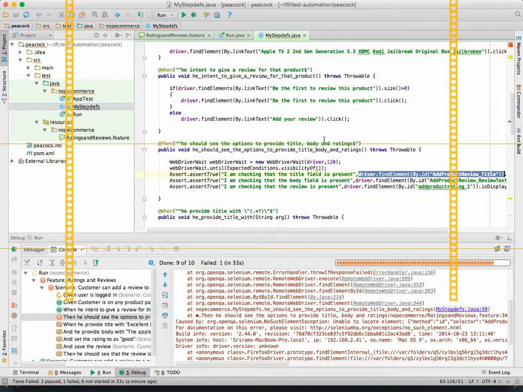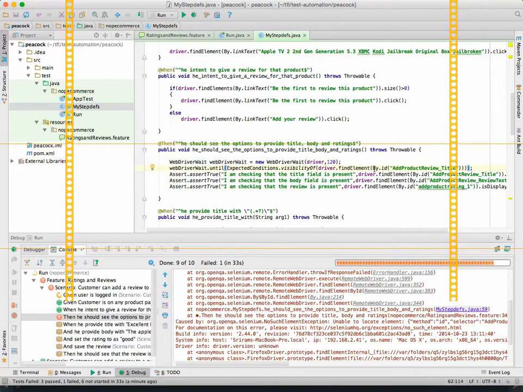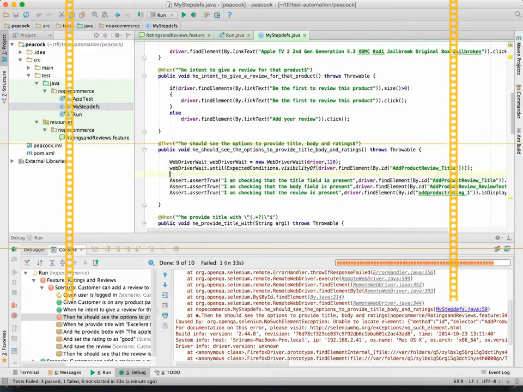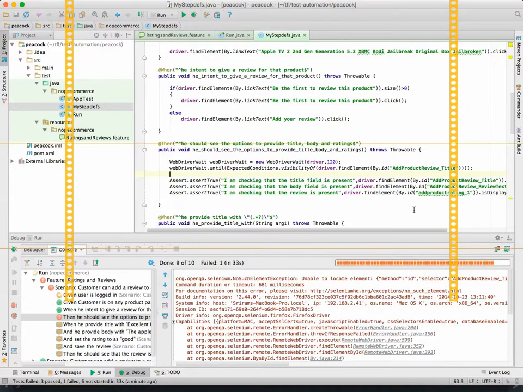Okay, so this is one of the explicit waits that we are using. Just see, this is the case. What is happening is the page is loading, but this element is hidden at that point. So we need to wait for some time, but how long we wait, we don't know. That's the reason why I just kept this. Hopefully this will work.